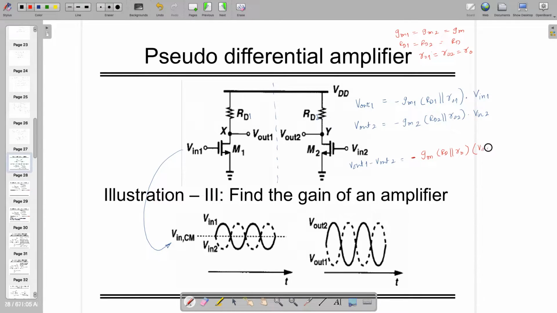Times V in 1 minus V in 2, right? So if you are talking about the differential gain, which is actually V out 1 minus V out 2 divided by V in 1 minus V in 2, that remains minus GM times RD in shunt with RO, which is similar to what we were seeing. However, you can see that the input is getting doubled because of this V in 1 minus V in 2. So if you take the difference of these two, it will become,